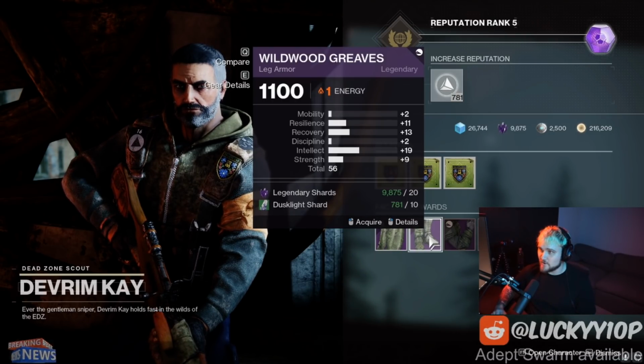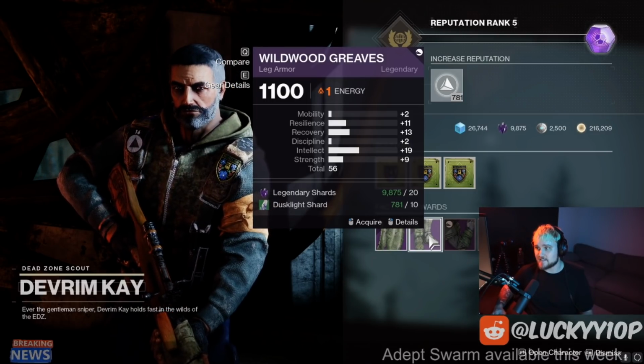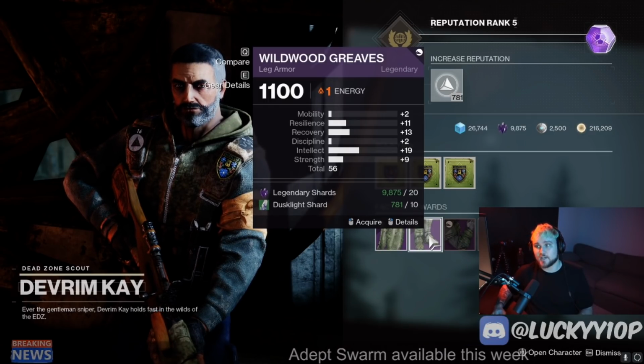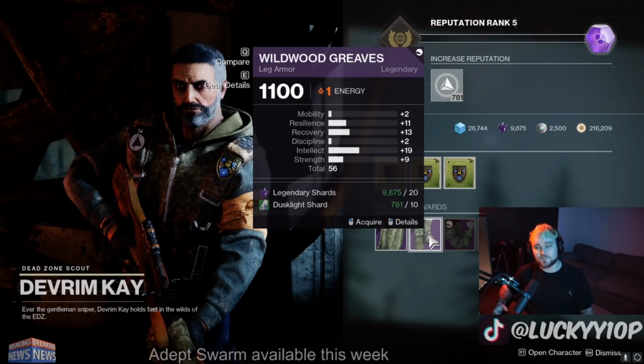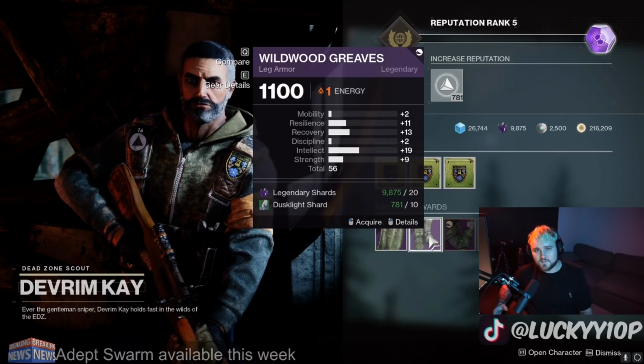This week, there's a bunch of good armor for your Titan. If you go to Devon right here, these pair of boots don't necessarily look the best, but this is a great split between resilience and recovery. If you don't know, you can't have like 20 recovery and 20 resilience on a legendary armor piece. I don't know why that is a thing, but for some reason you just can't get 20 and 20. So the best split you're going to get is around, I think, 16-16 or maybe even 17-17 if you got